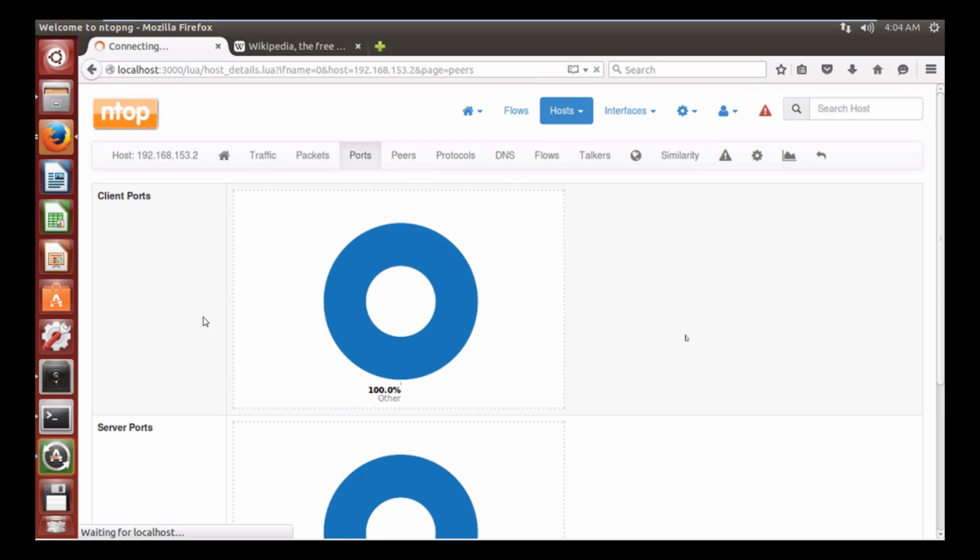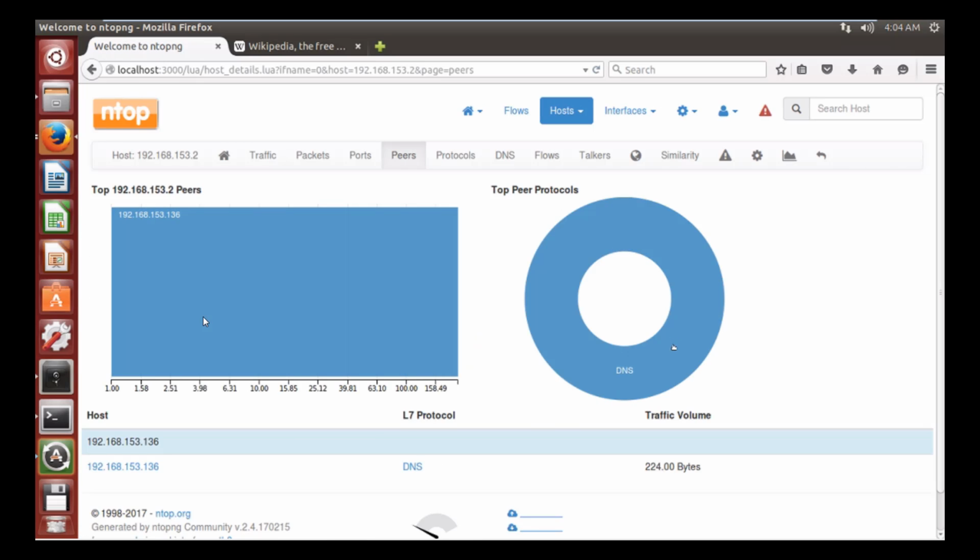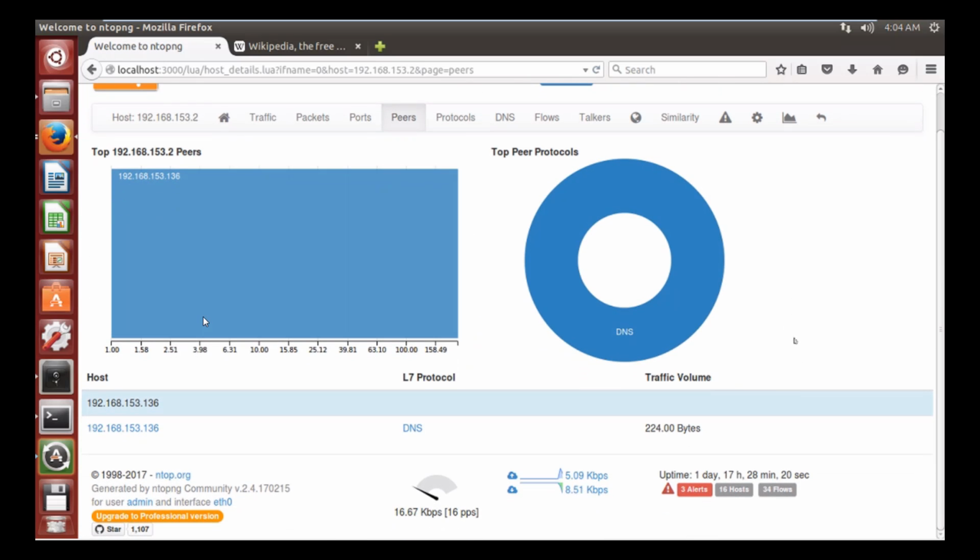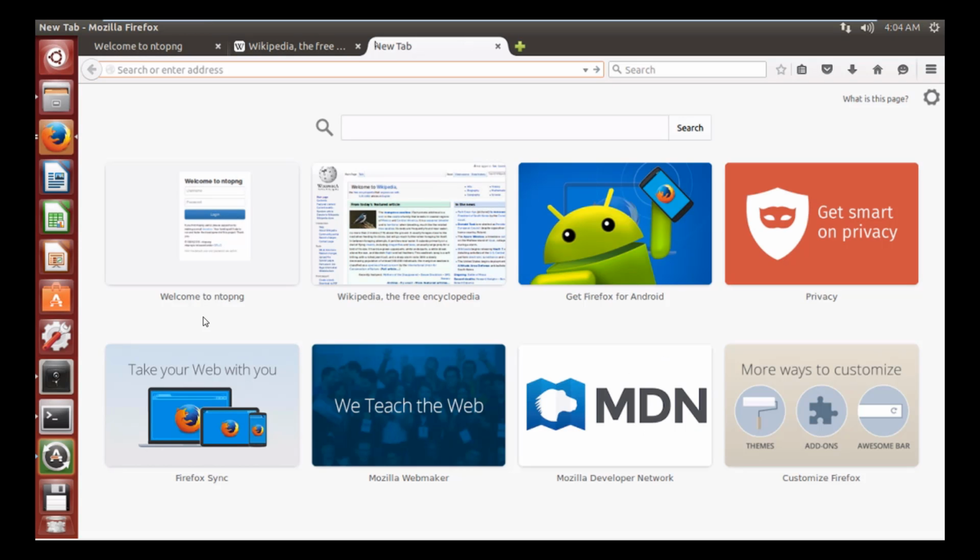Then clicking on peers, you can see the peers which are being used by these clients and servers. It's a dynamic graph, it updates over time. So here the top peer which is being used is the DNS. Clicking on this, okay, the pie chart shows the protocols being used. If I had probably another interface, let's say another website,